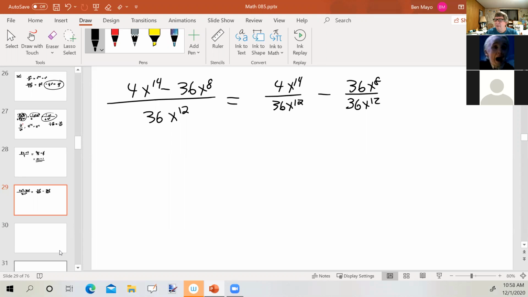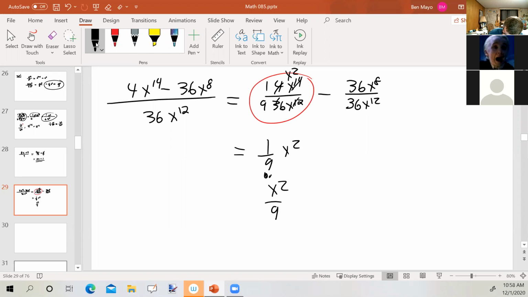Then we go back and simplify each separate fraction. So here, 4 over 36 is 1 over 9. X to the 14th over x to the 12th is x squared, so we get 1/9 x squared, or you could write it as x squared over 9, either way,